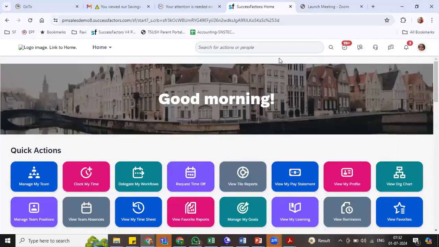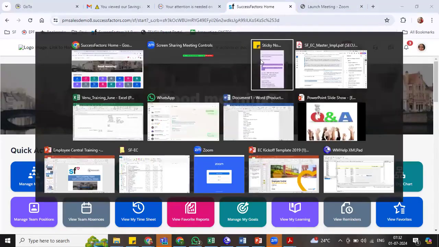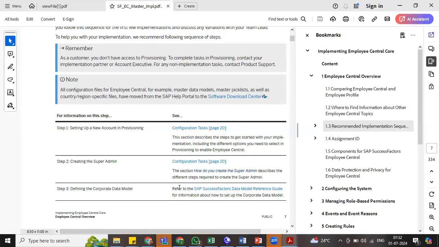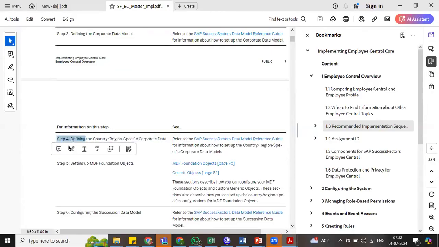Okay. So let me share my screen. Can you all see my screen? Yes. Okay. So what did we do? Adding pick list in XML file. Yeah. We did the corporate data model, right? The third step. Now, after the third step, we have the fourth step, which is defining the country-specific